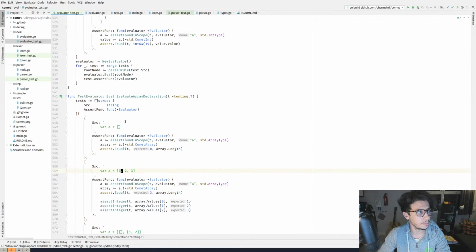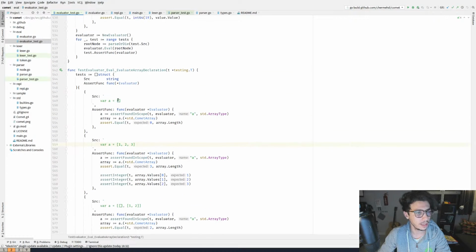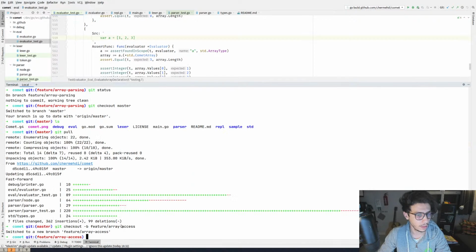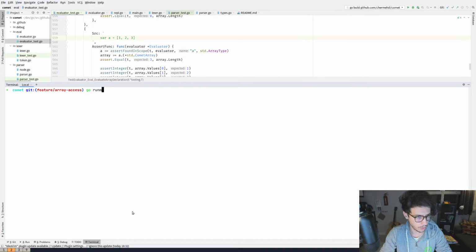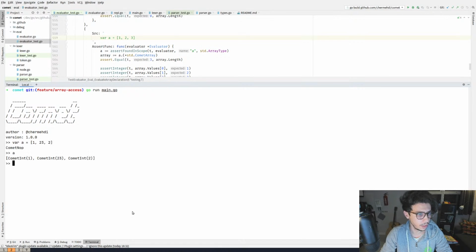But the problem is we don't have any access. So if we run the interpreter and do var a equals 1, 2, 3, 2, we can see a being evaluated.